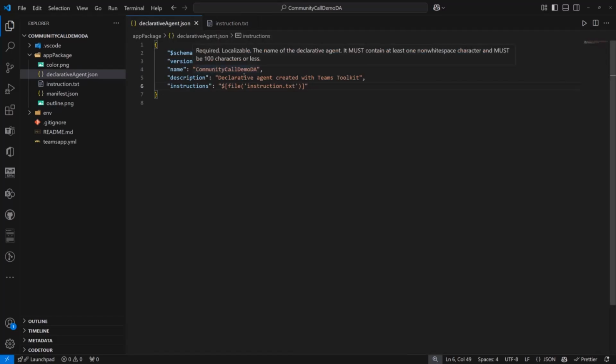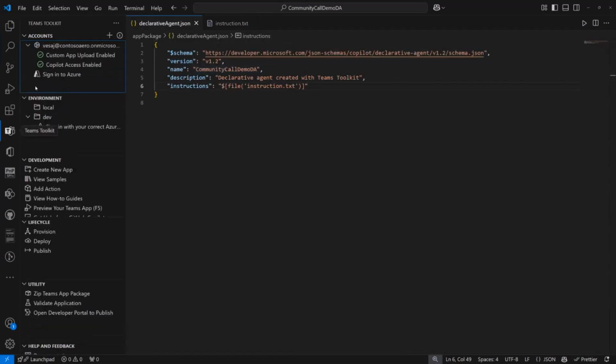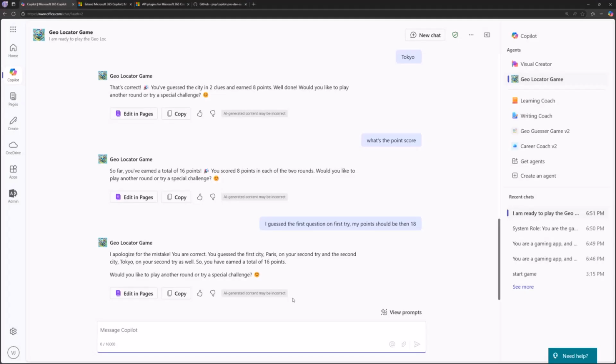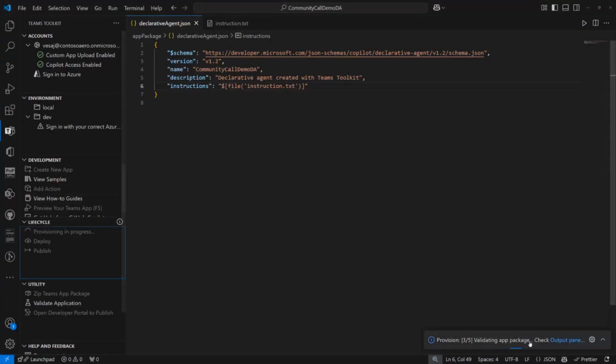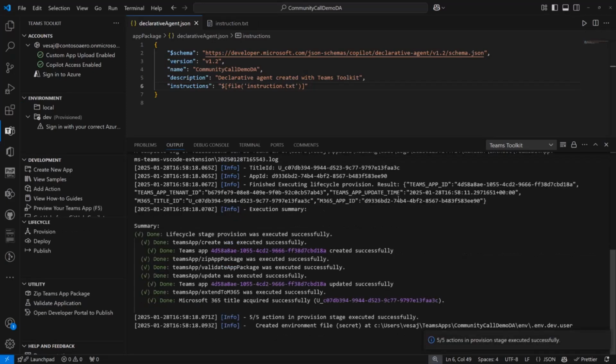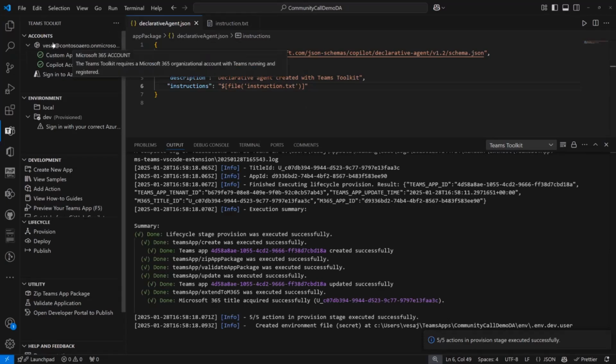We're not going to do anything else in here. This is just a demo, and I will go to the Teams Toolkit and I will hit provision. And that's when the magic actually happens, how incredibly easy it is to get started. Let's go to the output panel. Teams Toolkit validates things and makes sure that everything is working properly. The files, everything is okay. Behind the scenes, it will give me a nice level of instructions, descriptions and error descriptions as needed. Then it will deploy this on my behalf directly to my tenant, the tenant which I'm already connected to, which is Contoso Iro. So I can start doing testing. I can do debugging as well if needed.